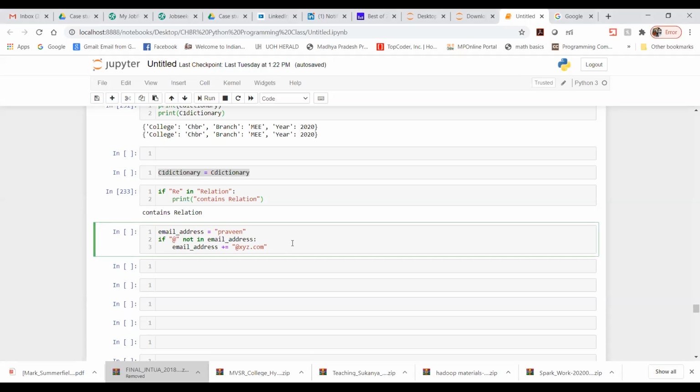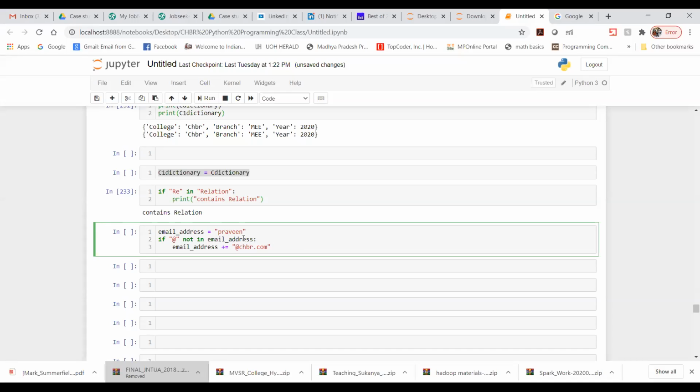Now here, suppose in your college register, or maybe your reception book, or some catalog, your name is there. Now the college wants everybody to be provided a college email ID, let's say chbr.com. How am I going to write the program to create email addresses for everyone?